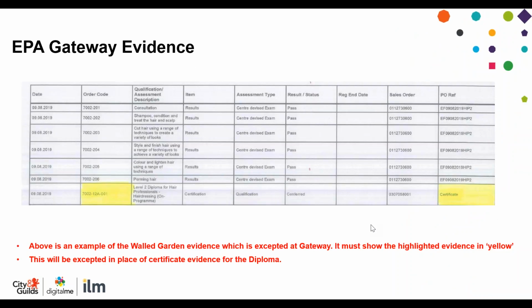Just because I mentioned before that you can do a screen print, you can go to Walled Garden and take a screen print of your evidence, as long as, if you look at the final line on that screen that's available for you, it shows that all those units are conferred. It must have that final line on, so it must say a conferred status if you're using the screen print